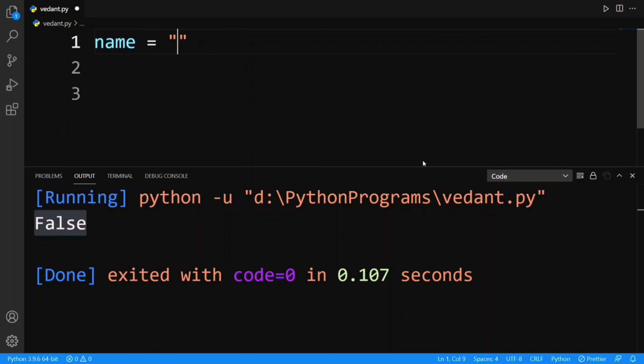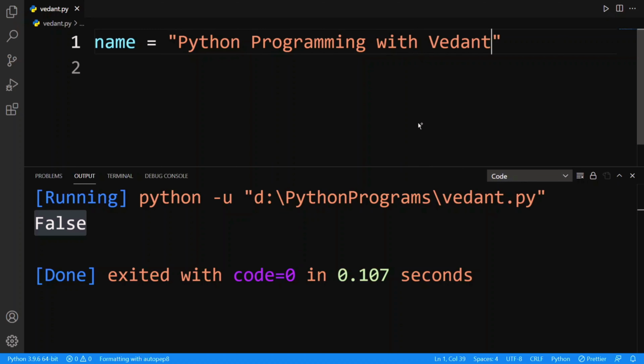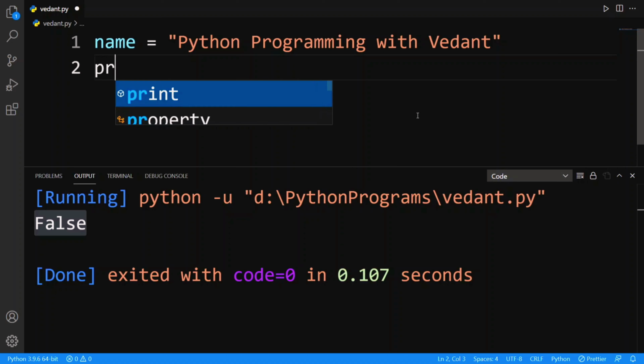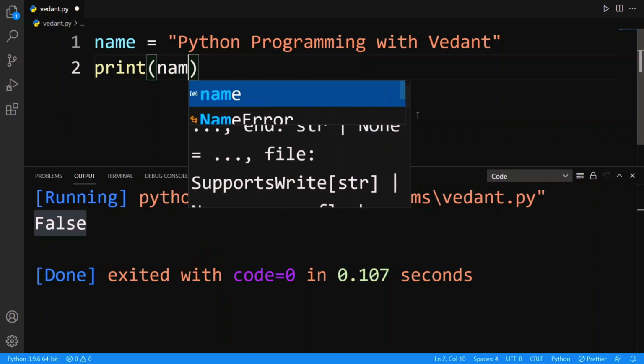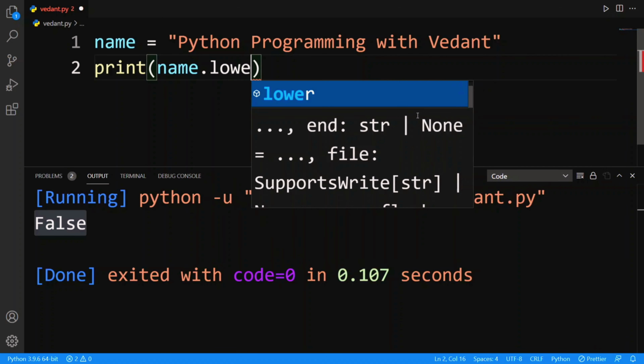So we have this string, Python programming with Vedant. Let's move to our next method. In our previous video, we saw that we can print this string in lowercase by doing name.lower.